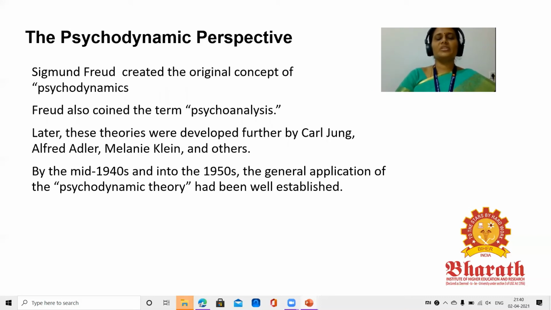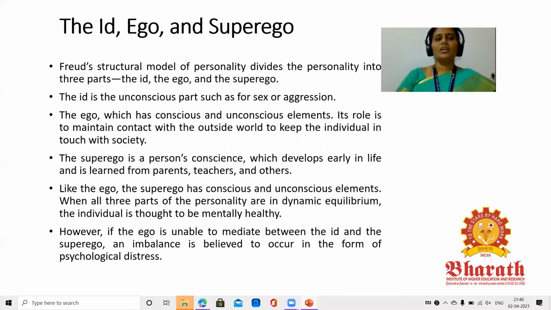And the psychodynamic perspective: this particular concept was created by Sigmund Freud, and the term psychoanalysis was also created by Sigmund Freud. Later, many theories were developed by other researchers. This concept was developed in the 1940s and 50s, and slowly it was applied in human research. And under this concept, there is a model. Freud's model divides the personality into three parts: id, ego, and the